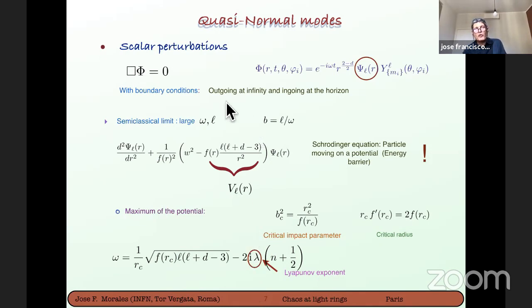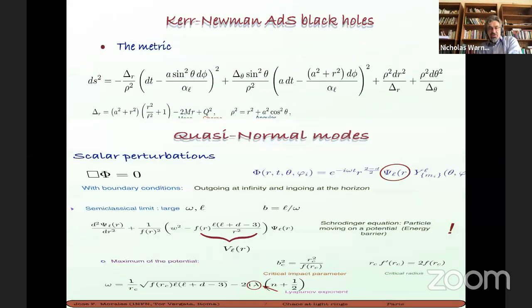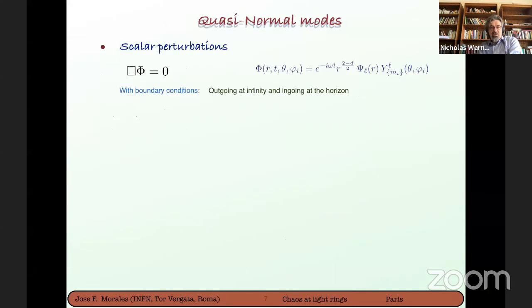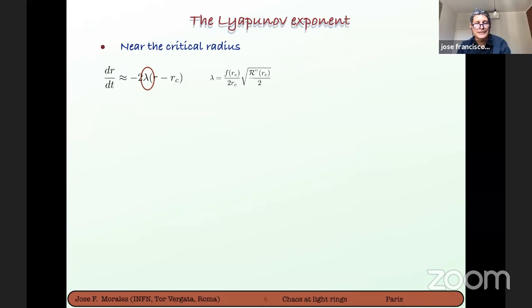Then, moreover, if you impose a boundary condition, you can see that the imaginary part of this omega is quantized, and the quantity that appears here is precisely the lambda I found before when we were studying critical photon orbits. Okay, therefore, every time I talk about Lyapunov exponent, you can imagine the Lyapunov exponent as the damping factor of the ring-down modes. So N in this equation is the particular quasi-normal mode quantum number? Exactly, exactly. Yeah.